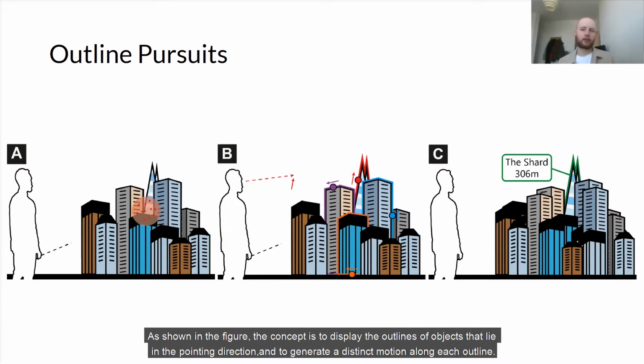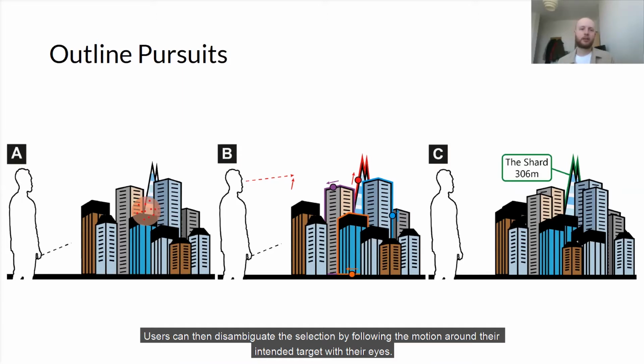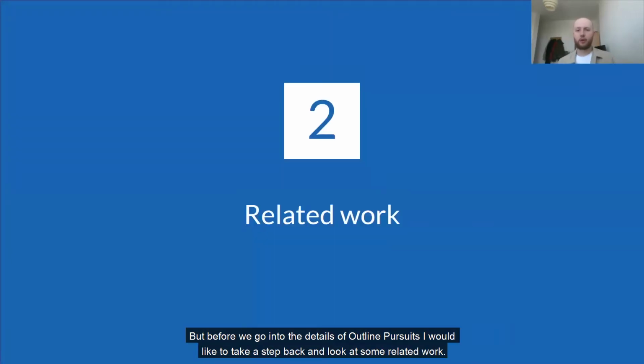As shown in the figure, the concept is to display the outlines of objects that lie in the pointing direction and to generate a distinct motion along each outline. Users can then disambiguate the selection by following the motion around their intended target with their eyes. But before we go into the details of outline pursuits, I would like to take a step back and look